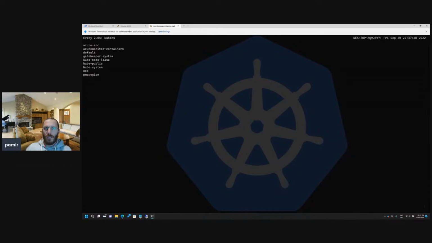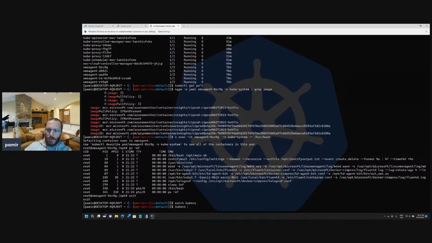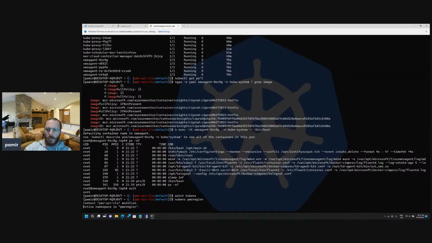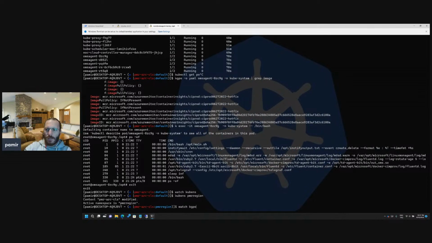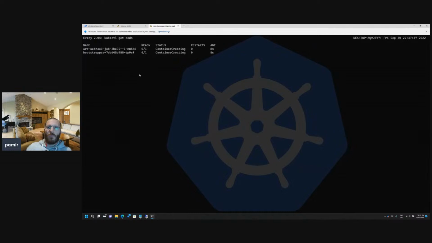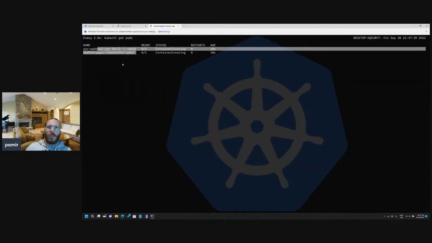Primary region is in here. So Kubernetes, I will change my default namespace. And let's list pods. So Bootstrapper will enable data controller. Data controller will install the